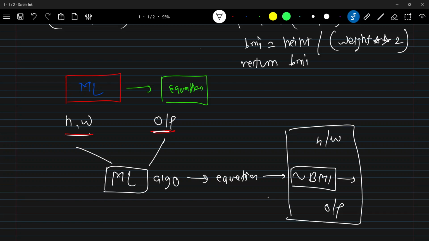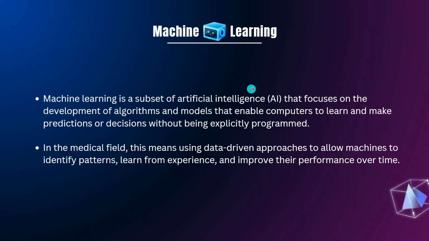But the process to have that machine learning algorithm generate the equation is not being programmed, right? We are not writing some equation that is a default equation. We are creating the equation with the help of machine learning algorithms. Okay, we don't actually create equations, but I'm talking in general so that it is easier to understand. So understand that, so that this will now make sense.